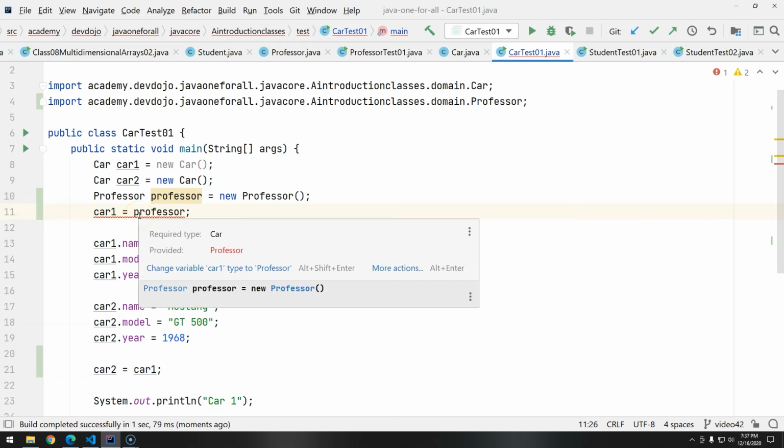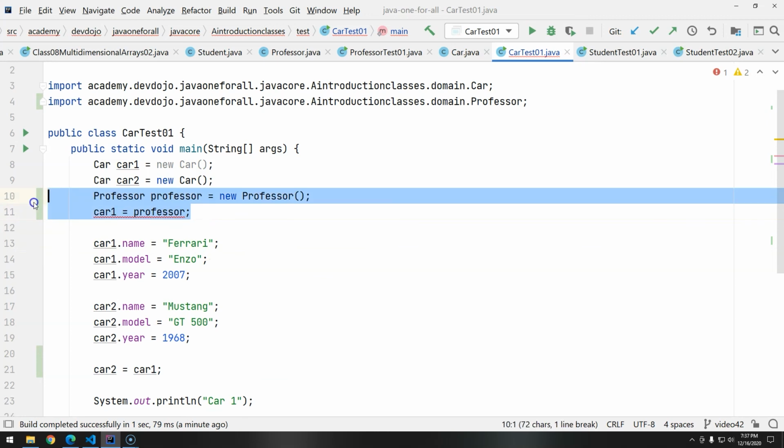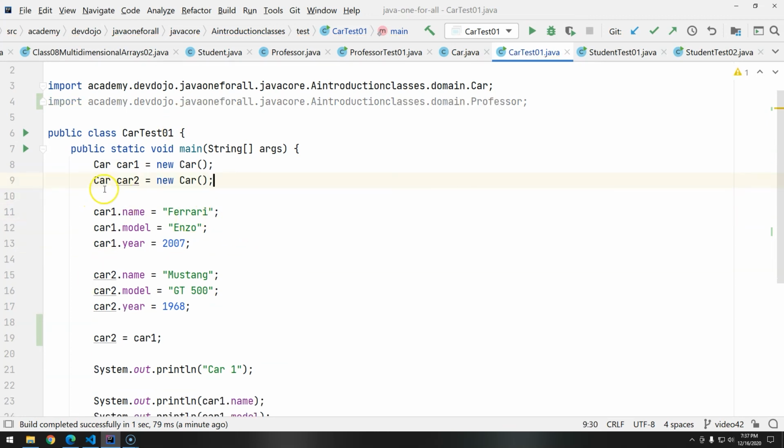Well, because they are obviously not the same thing, and Java knows that. There is only one way for this to work, when we are talking about inheritance, something that is way ahead of us for now. So let's remove this. This will not work because they are not in the same line of inheritance. And when I remove it, you can see here that we do have